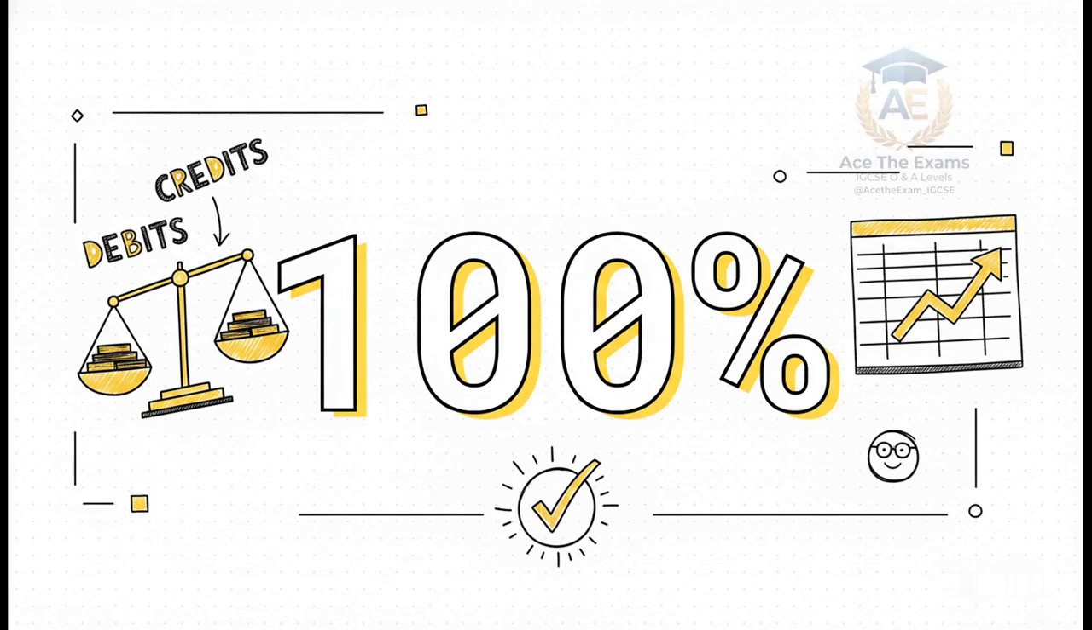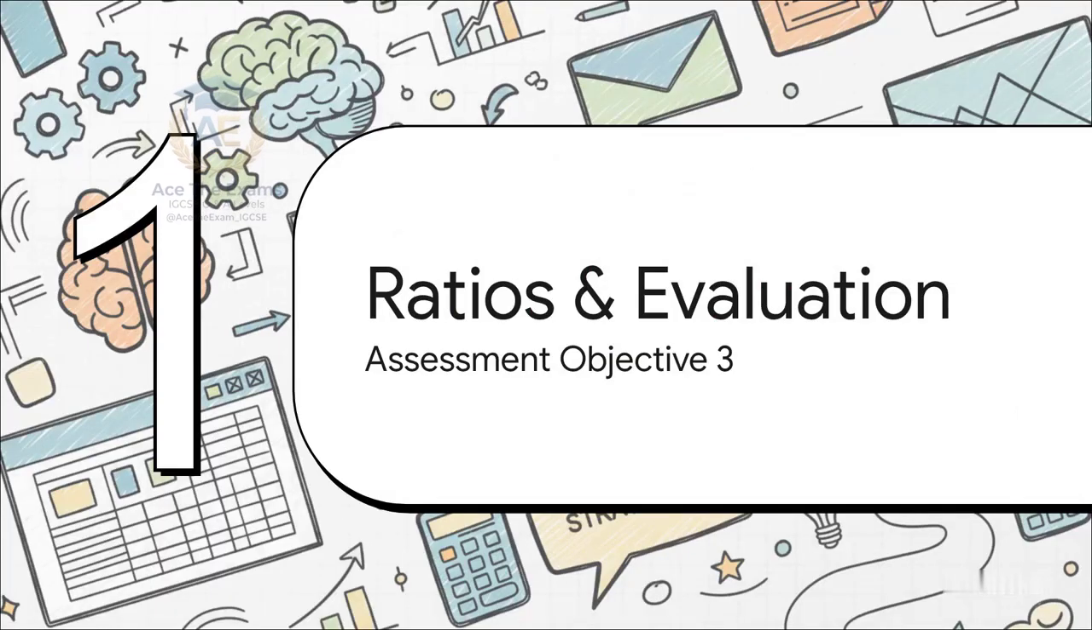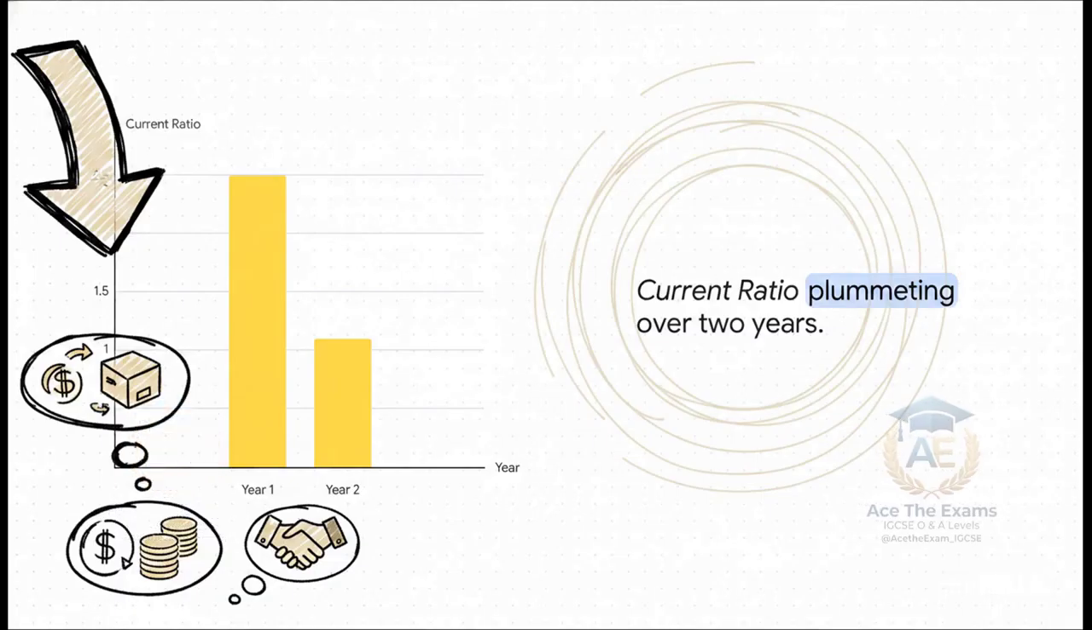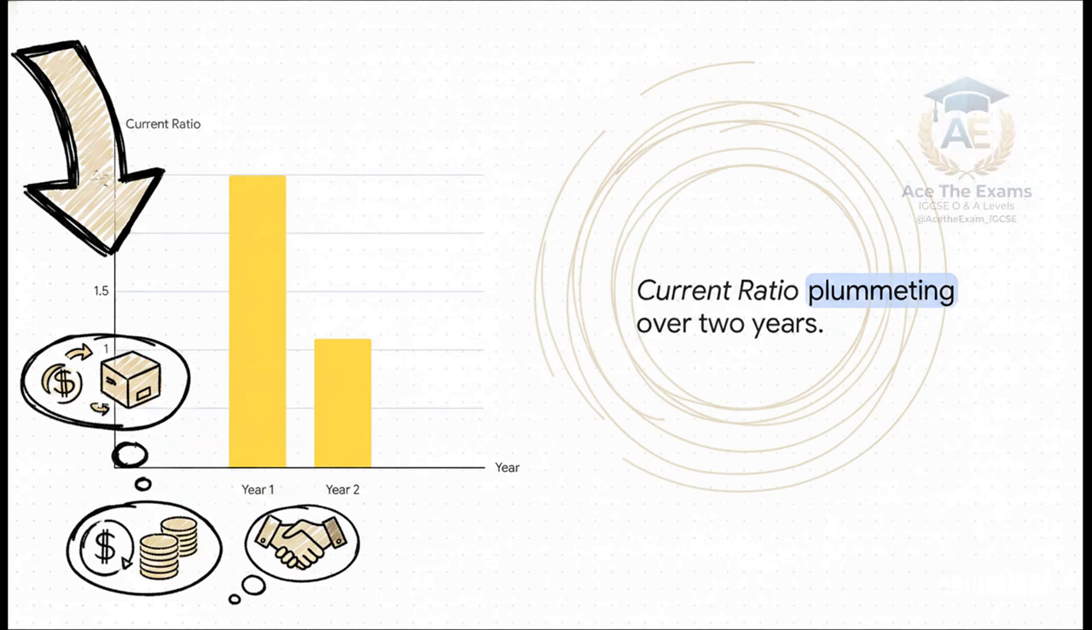It lets you transition seamlessly and completely stress-free into drafting your final financial statements, totally confident that your foundation is rock solid. Shifting gears now to Section 3, Assessment Objective 3, Ratios and Evaluation. This is the battleground for A-star candidates. Simply calculating a ratio is baseline. It's an expected skill. Interpreting what that ratio actually reveals about the real-world health of a business, now that defines